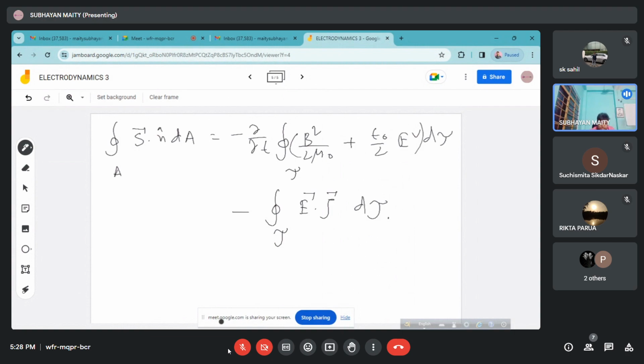So the flux of this vector S can be found like this whole expression. Now you know what is B square by 2 mu naught. This is magnetic energy density, small um. That means magnetic energy stored per unit volume. And epsilon naught E square by 2 is electric energy density, that is small ue. So the whole thing, after volume integration over a bounded volume, it will yield